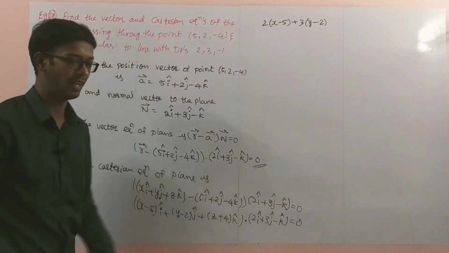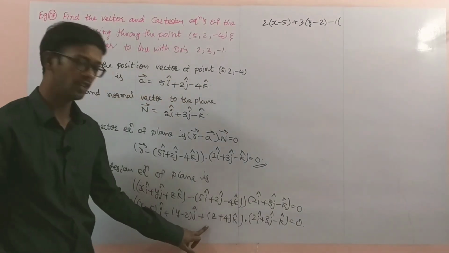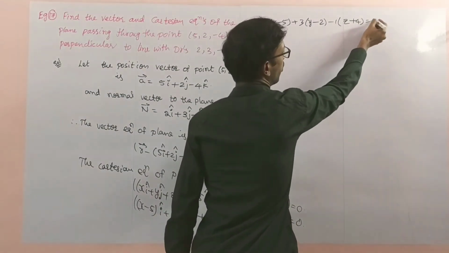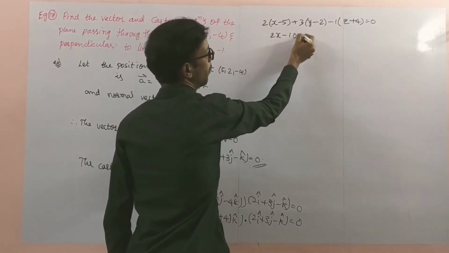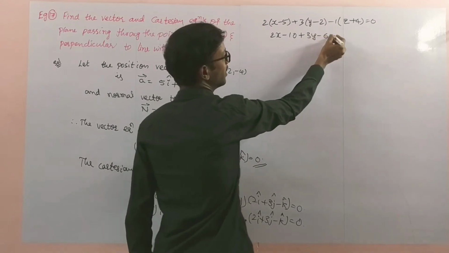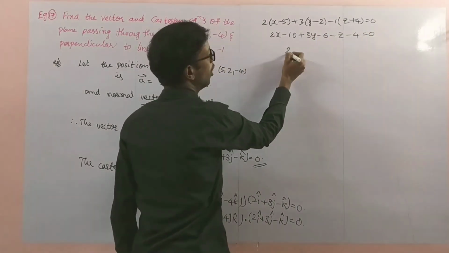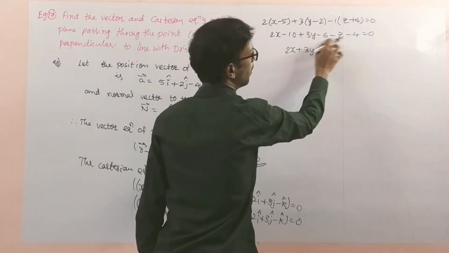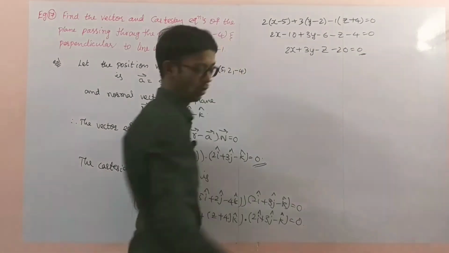Next, minus 1 is there. So minus 1 into z plus 4, z plus 4 equal to 0. 2x minus 10 plus 3y minus 6 minus z minus 4 equal to 0. 2x plus 3y minus z minus 10 minus 10 minus 20 equal to 0. This is a